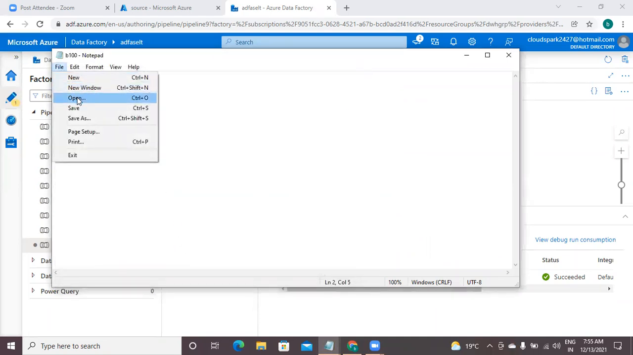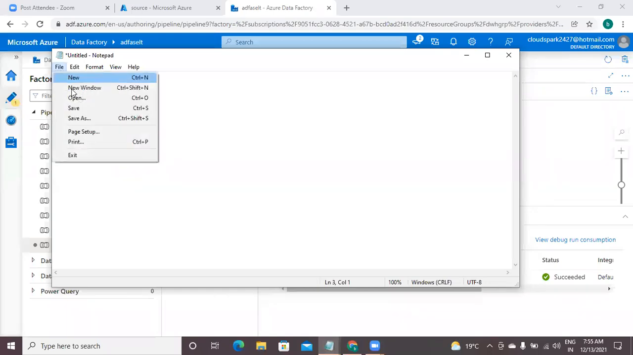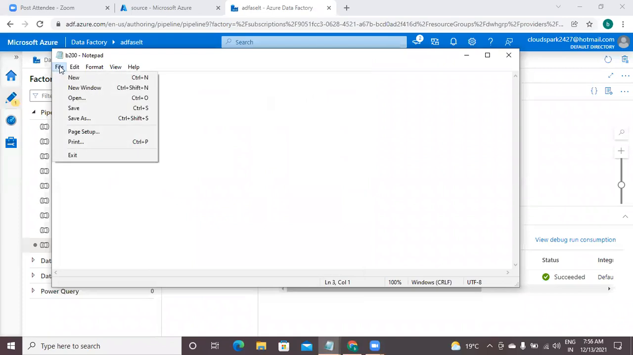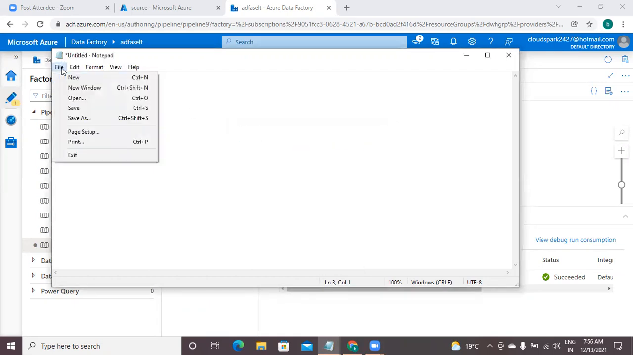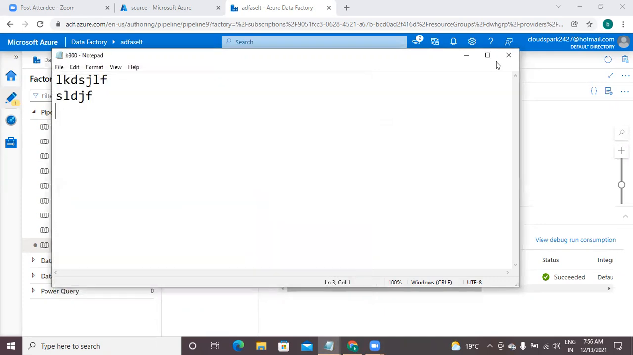One more file I am saving. It's B200. The last file I am going to save, B300. So this is my simple